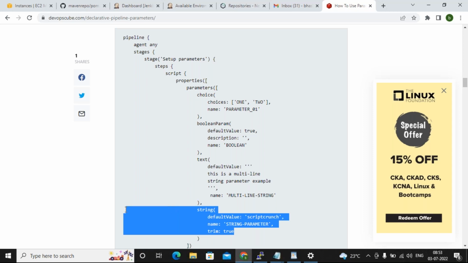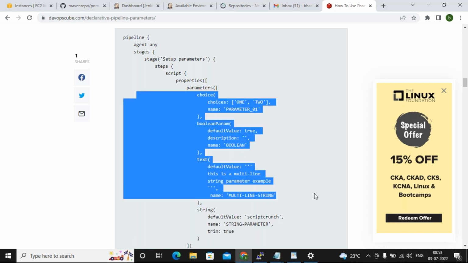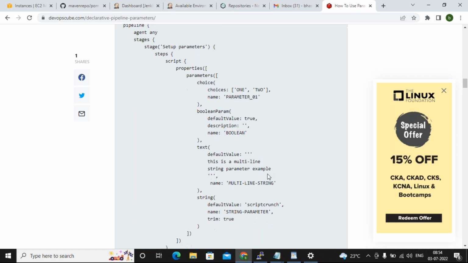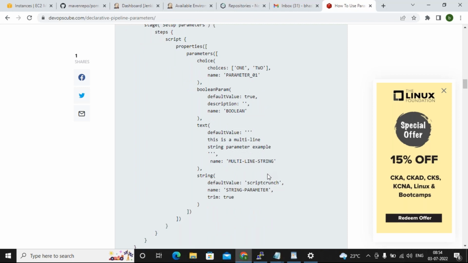If you want a string, only string will be there; you don't need all these types. He is showing an example of how it would be. This is how you can define your job level variable, a parameterized job, in your Jenkins, guys.